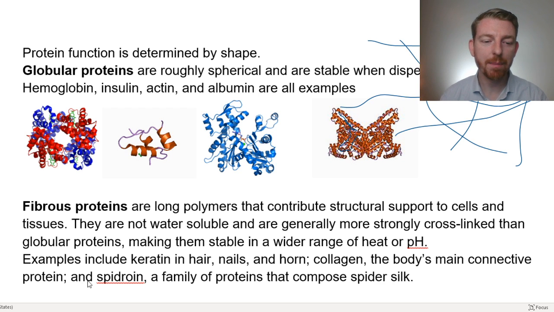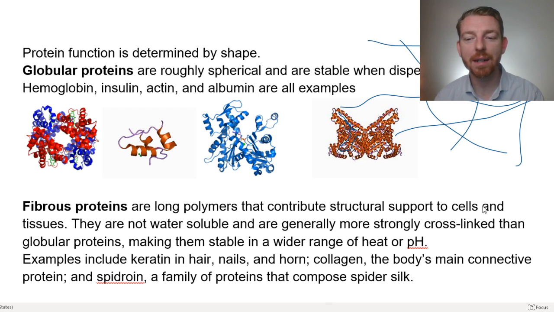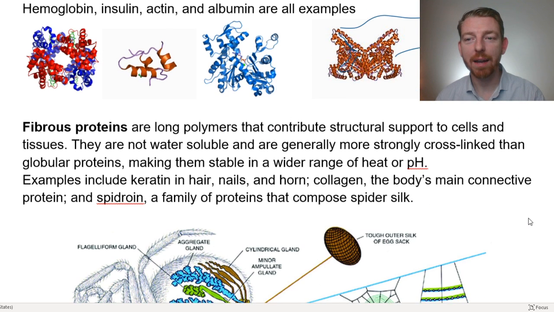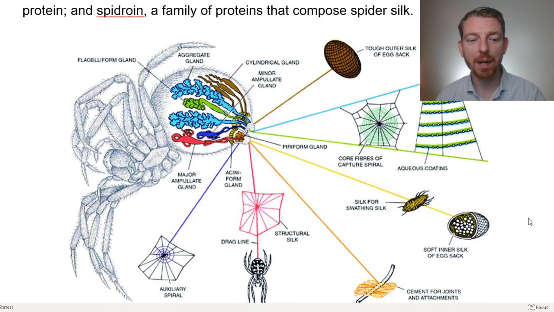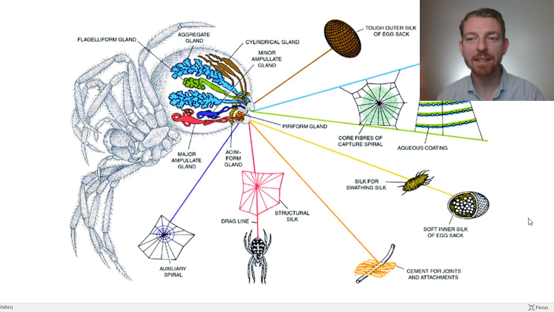The interesting example here, I think, is this spidroin. So a family of proteins that make spider silk. So here we have a nice picture of what's going on inside a spider as it's weaving different types of webs. There's actually on the order of 7 different types of silk that spiders produce, depending on what they're trying to do. So again, you'd have different proteins, different protein structures, or different primary structures and different secondary structures